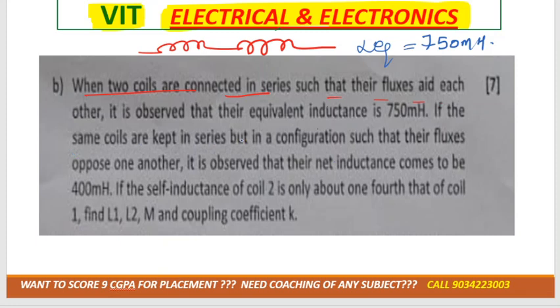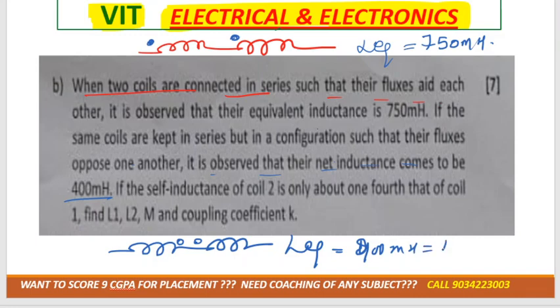If the same coils are kept in series but in a configuration that flux opposes each other, it is observed that their net inductance is 400 millihenry, right? This is series aiding, again the other one is opposing. So L equivalent is equal to 400 millihenry is equal to L1 plus L2 minus 2M12, and in the aiding case L1 plus L2 plus 2M12. If the self inductance of coil 2 is about 1/4 of that of coil 1,